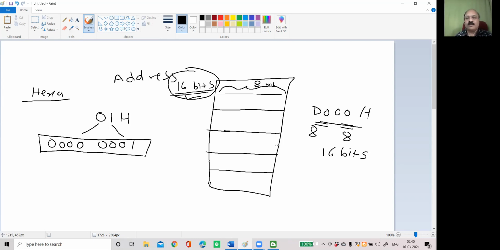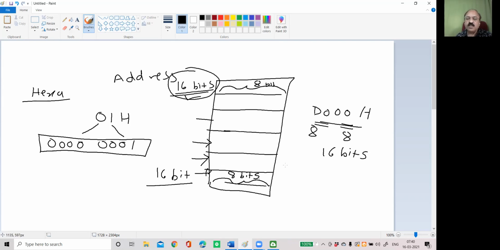Similarly, for the microprocessor to read or write data, what is required is an address. Once you know the address, you take the content from that particular address, or you send the data or content to that particular memory location. For every memory location there is an address. That address is of 16 bits, and the data stored in this memory location will be only of 8 bits.